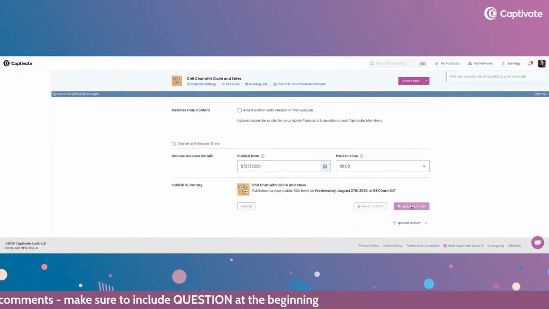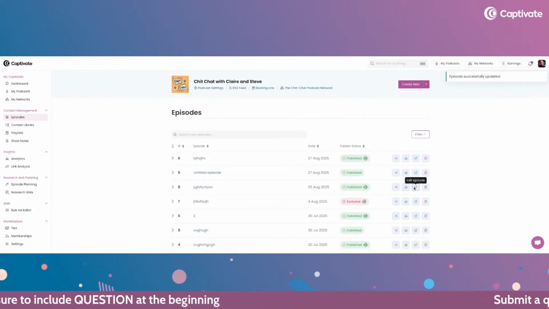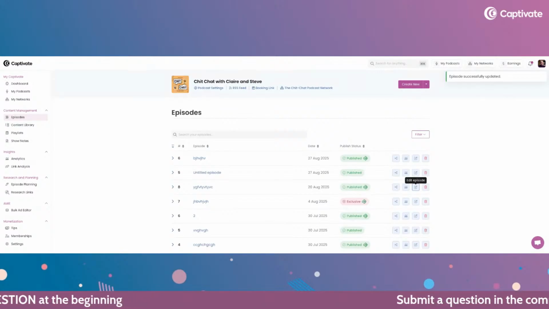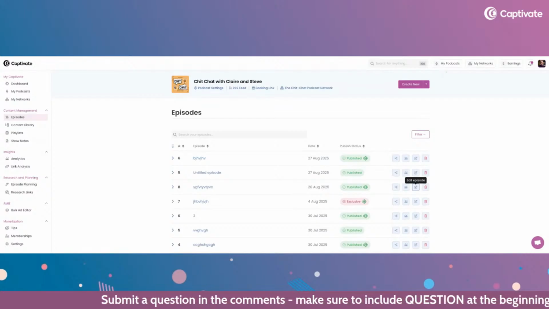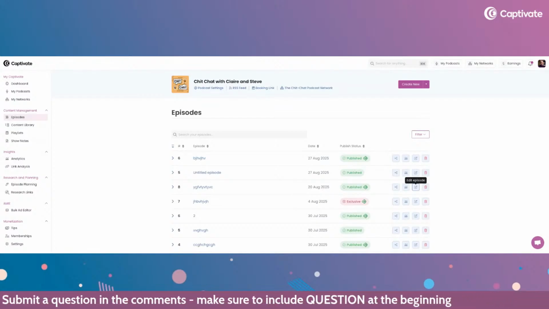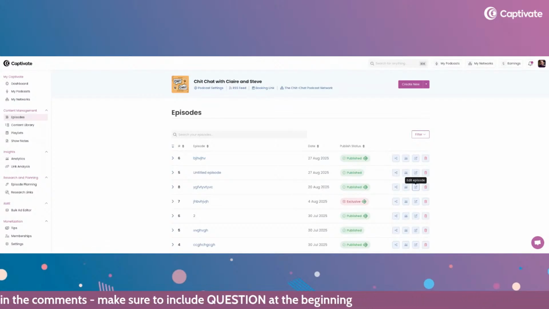But there's a good way to not forget that, and that's creating a default template that has a research link as part of the template. So every time you create a new episode, that research link will be included. The research link shortcode will be included in your show notes. So you won't forget that. And if you don't use any research links, we won't display that section.